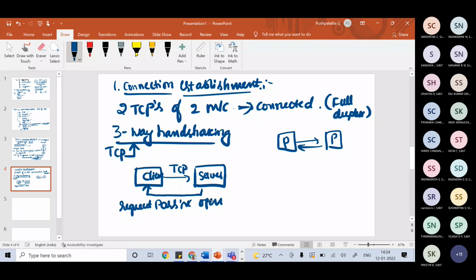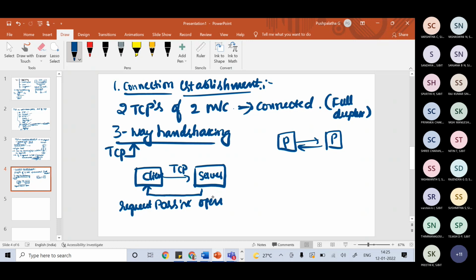Though the server TCP is ready to accept any connection from any machine in the world, it cannot make the connection to itself, right? It can make a connection to anybody else in the entire world.